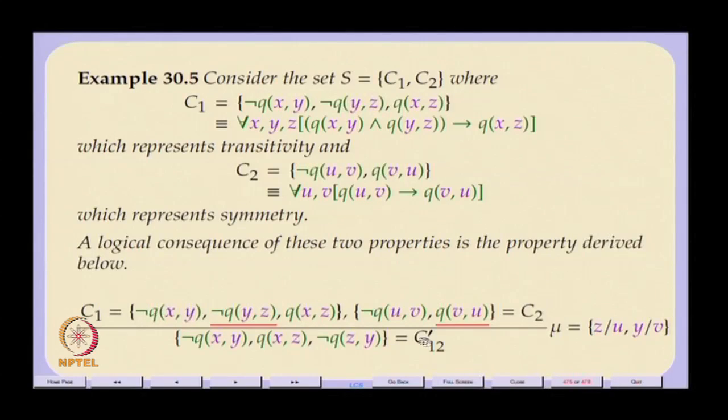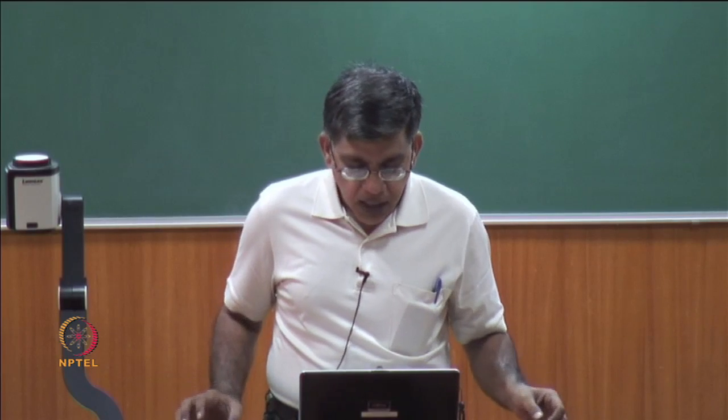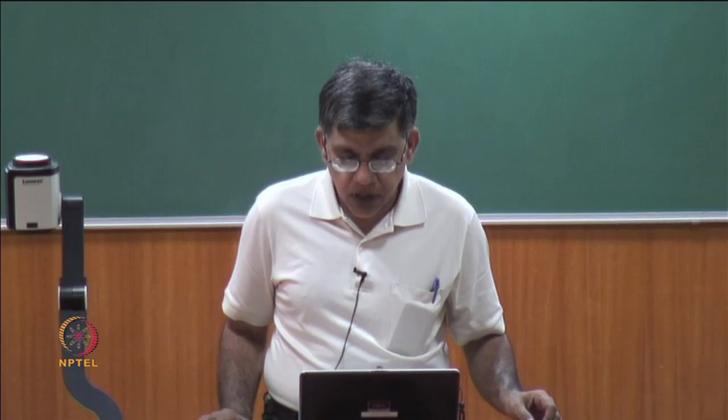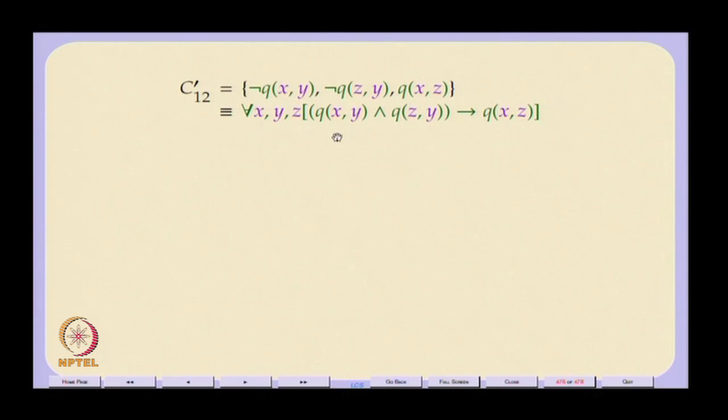One possible way is to actually take z for u and y for v and resolve against this substitution. And I did not try to eliminate any more variables, I did not try to eliminate any more clauses. I just took one simple most general unifier, and the result is this C prime 1 2, which essentially is this logical consequence. Yeah,